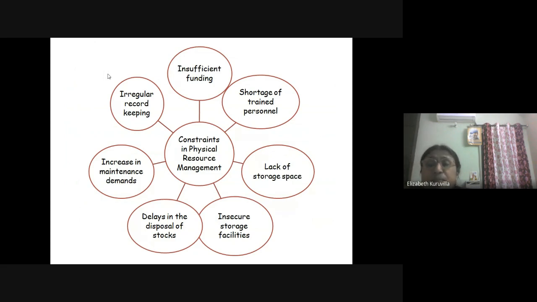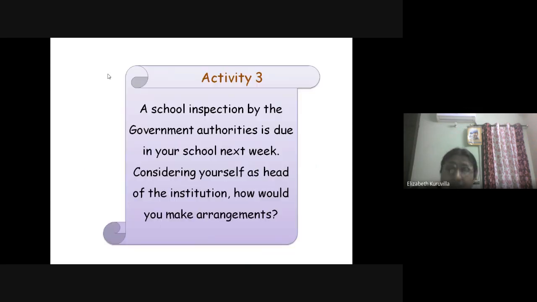So trained personnel are needed to operate it or to execute the classes online. Then the lack of storage space we have discussed. Then insecure storage facilities, delays in the disposal of stocks, increase in maintenance demands, irregular record keeping, all these things we have discussed. Now another activity, the case which I want to read.